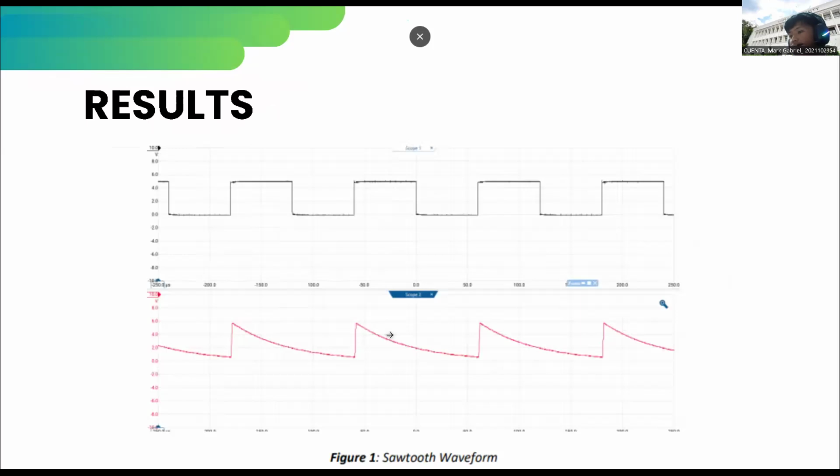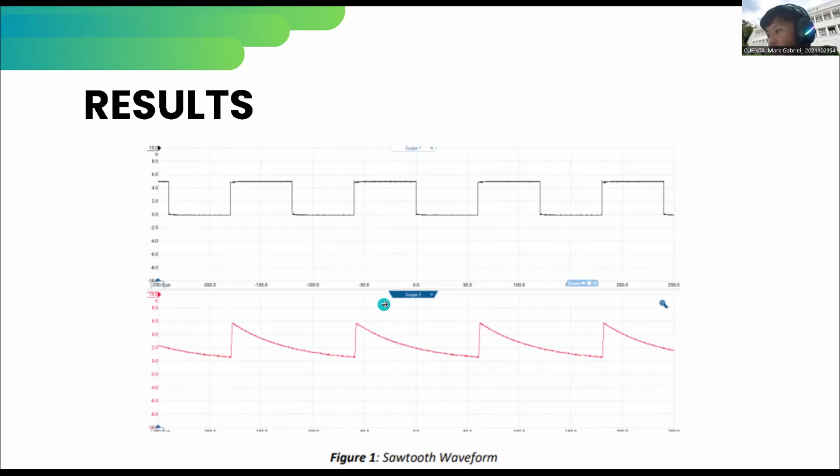To generate a PWM signal, a modulating signal and a sawtooth waveform are required as input to a comparator. A sawtooth wave is created by filtering a square wave carrier through an RC low-pass circuit, which smooths the square wave or square pulse into a linear ramp by slowly discharging during each cycle. In figure 1, this transformation is demonstrated, wherein the original square wave signal is displayed in black and the resulting sawtooth waveform is shown in red.